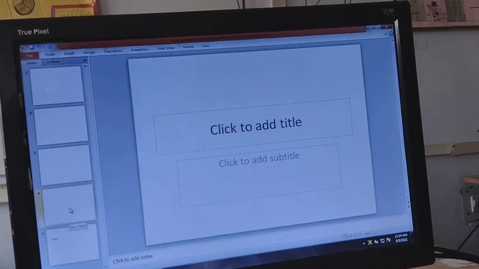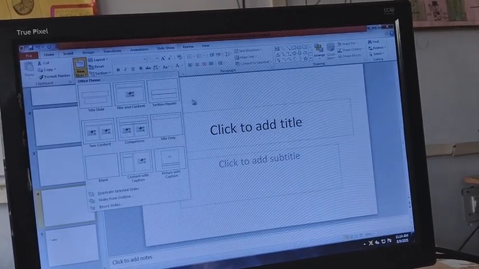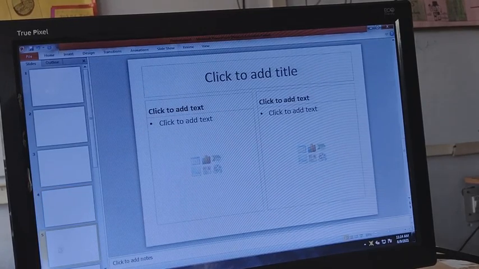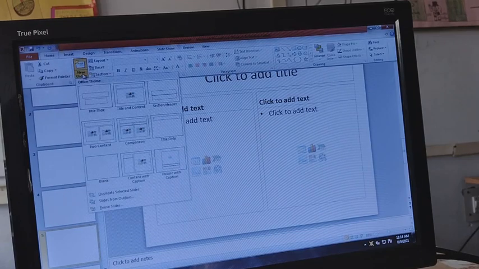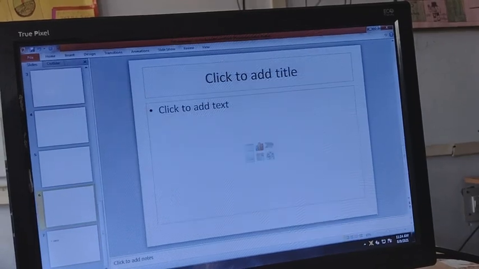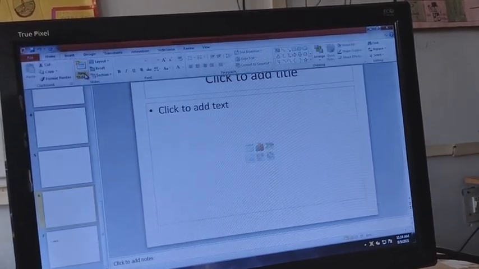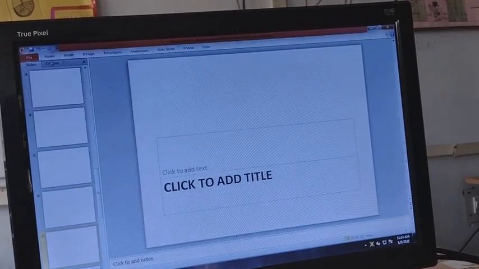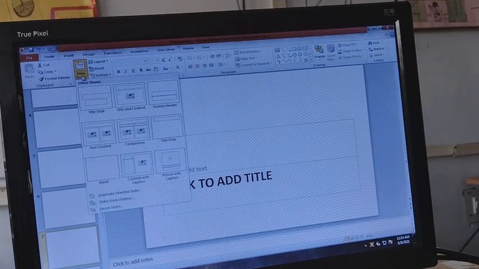And if you want, again you can see here on the home tab in the new slide there are the views. If you want a comparison, a comparison slide is there in home tab, new slide. If you want title and content, title and content is there. Whatever layout you want you can select from home, then new slide.